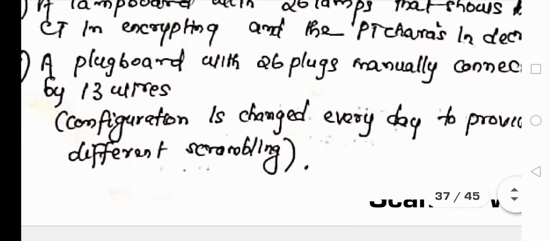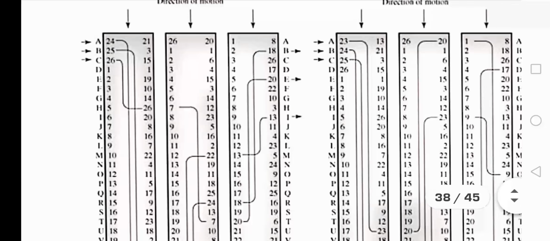Don't think that we must use all the cylinders. In the rotor machine we have a total of 6 cylinders, but as I told you, it is not at all necessary to use the entire number of cylinders in a particular context for performing encryption or decryption. Based on whether you are performing a monoalphabetic or polyalphabetic cipher, you can opt for a single cylinder, a group of 2 cylinders, or a maximum of 3 cylinders. That is quite enough to perform encryption or decryption.